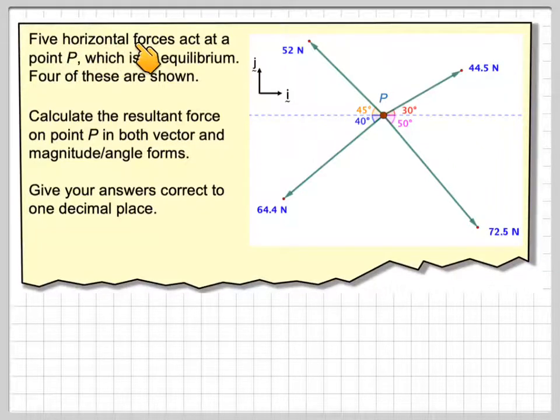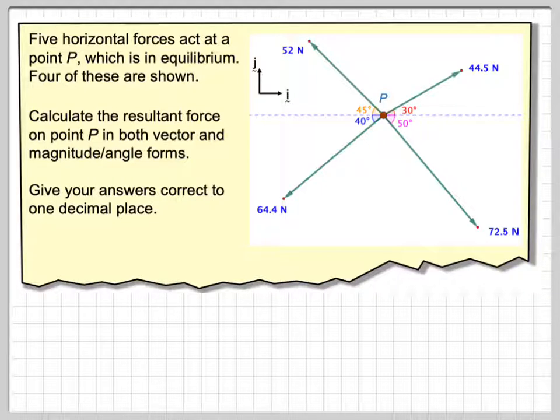5 horizontal forces act at point P, which is in equilibrium. 4 of these are shown. So here we have point P, and we have 4 forces: 1, 2, 3, 4. The fifth force will be the resultant force. So calculate the resultant force on the point P in both vector and magnitude angle forms, giving our answers correct